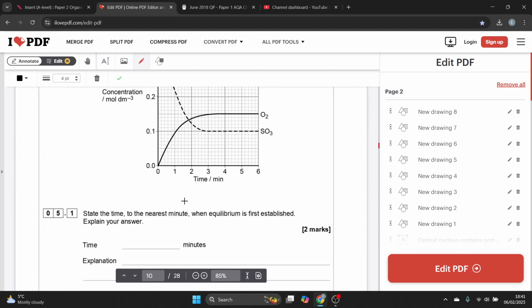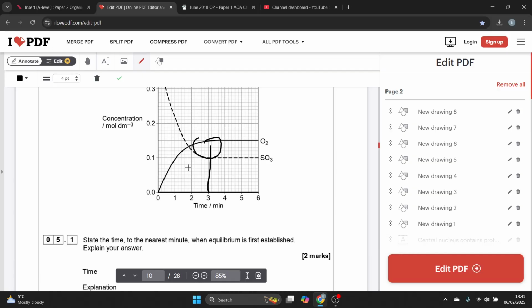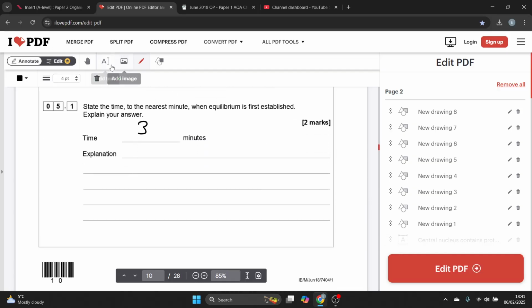Question 5, a question about equilibrium. State the time to the nearest minute when equilibrium is first established. Well, it's just going to be here: 3 minutes, first established at 3 minutes. Reason being,